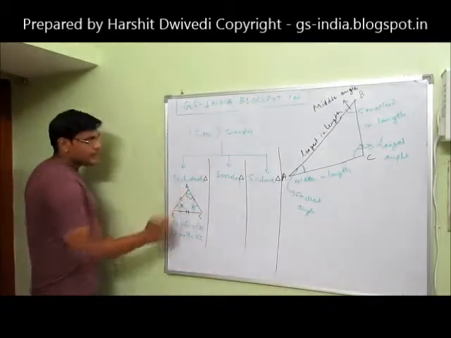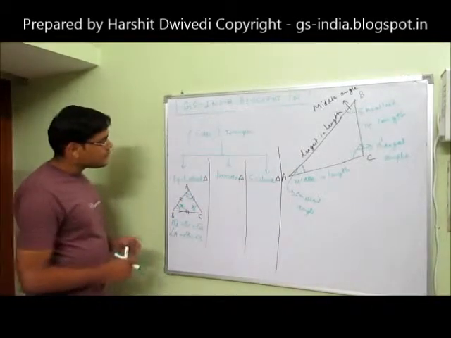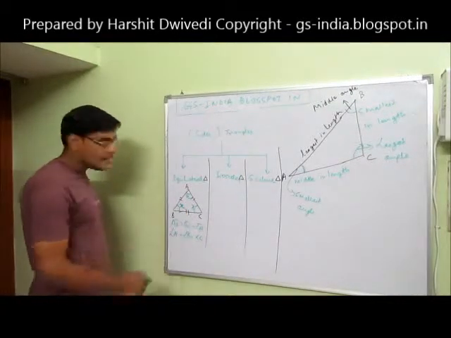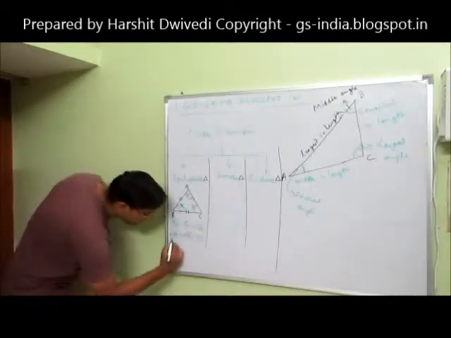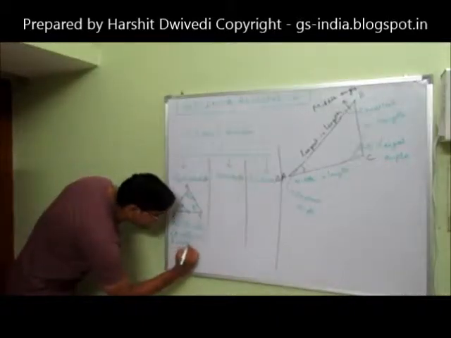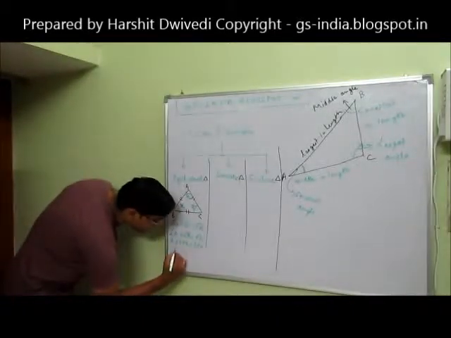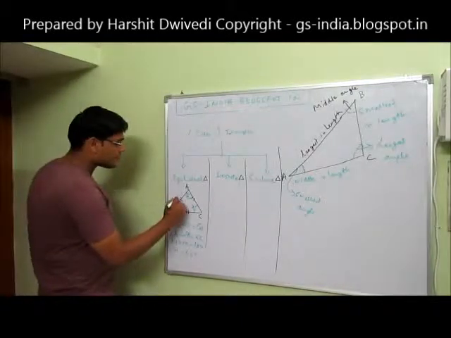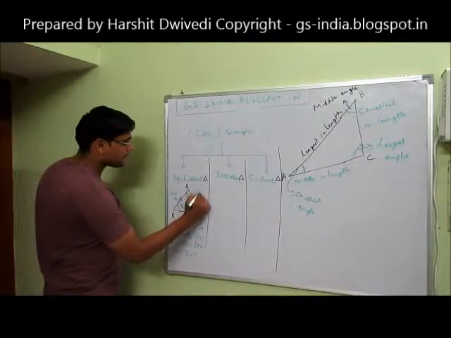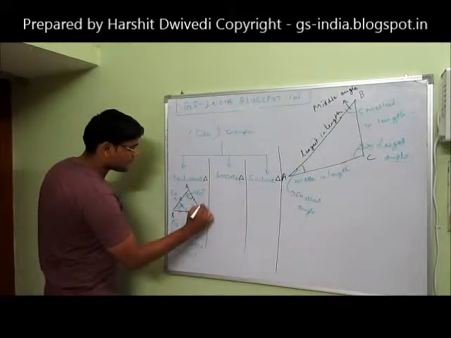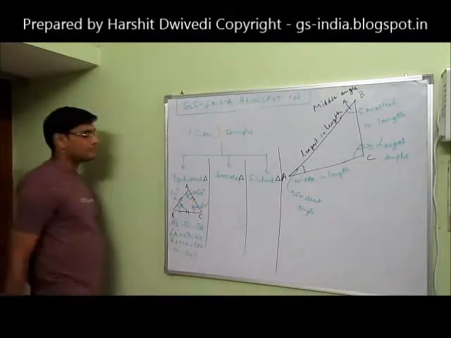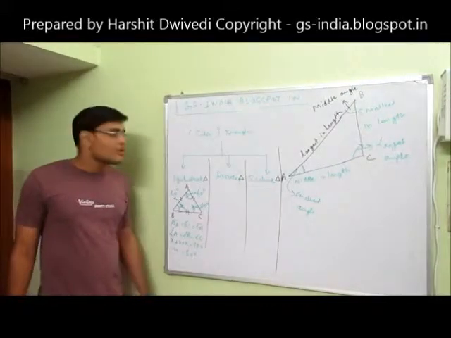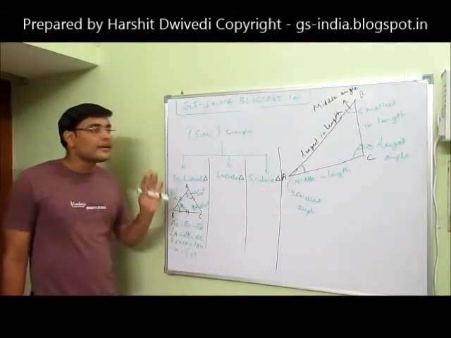So I also know that the sum of the interior angles of a triangle is 180 degrees. This is X, this is X, this is X. I add all of them. So what will I get? X plus X plus X is equal to 180 degrees. Solving it, I will get X is equal to 60 degrees. So each and every angle will be equal to 60 degrees. Each and every angle of an equilateral triangle will be equal to 60 degrees. This is what an equilateral triangle is.